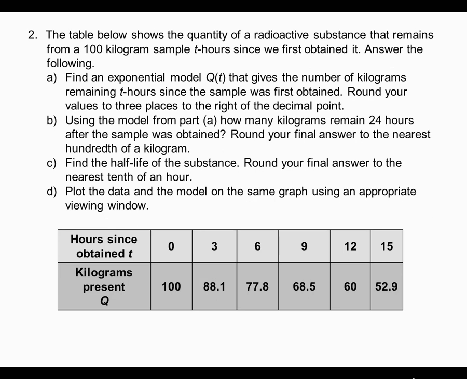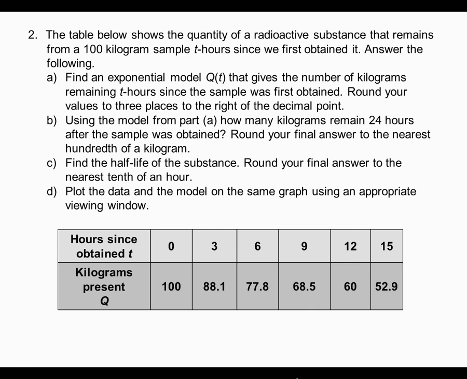Okay, sample number 2. The table below shows the quantity of radioactive substance that remains from a 100 kilogram sample T hours since we first obtained it. So I'm starting with 100 kilograms. Answer the following. Now, it'll be interesting to see whether or not our model actually gives a to be 100. So part A says, find an exponential model, Q of t, that gives a number of kilograms remaining t